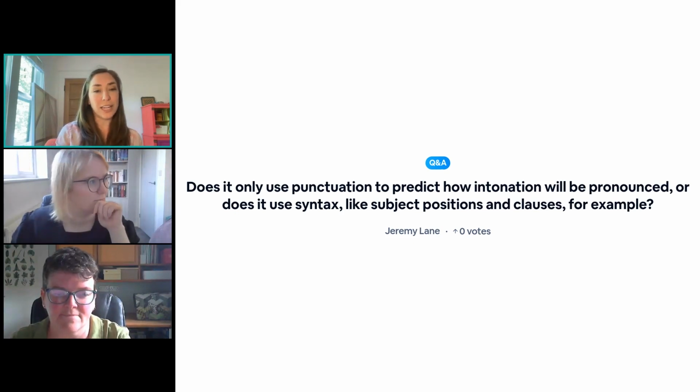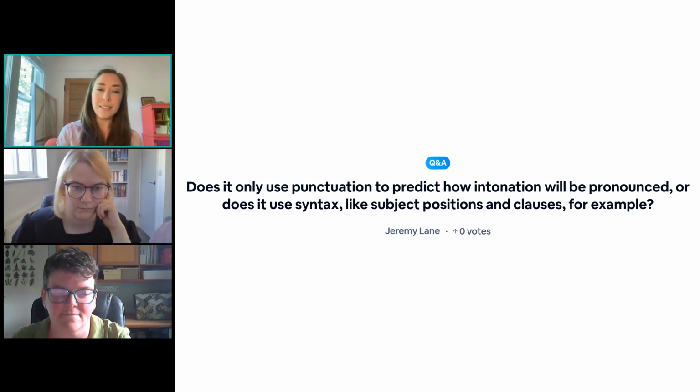If I just change where the upward inflection lands within that phrase, I could be implying a completely different question, right? So, are you going to the bank today? Could imply that somebody else is going. Are you going to the bank today? Could imply you're going on a different day. And so there's a lot of other things, even outside of text, that aren't immediately obvious because it's the exact same words or the exact same punctuation that's in there.